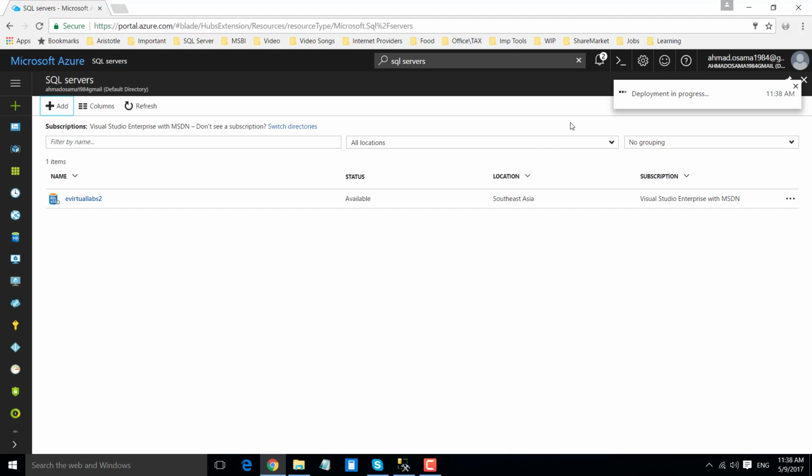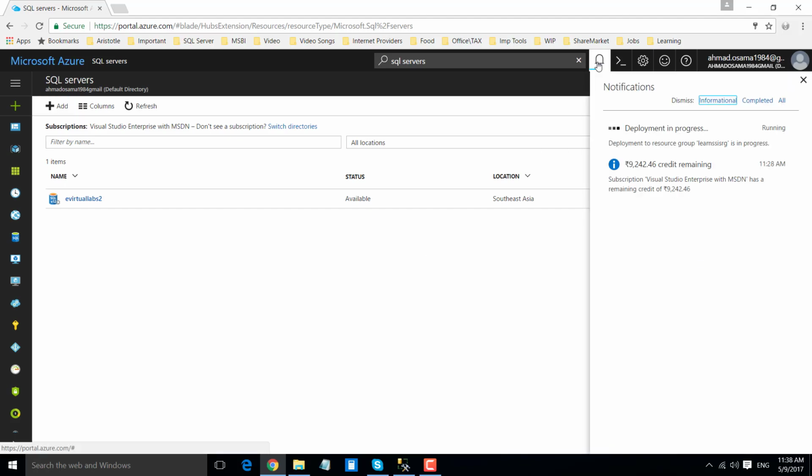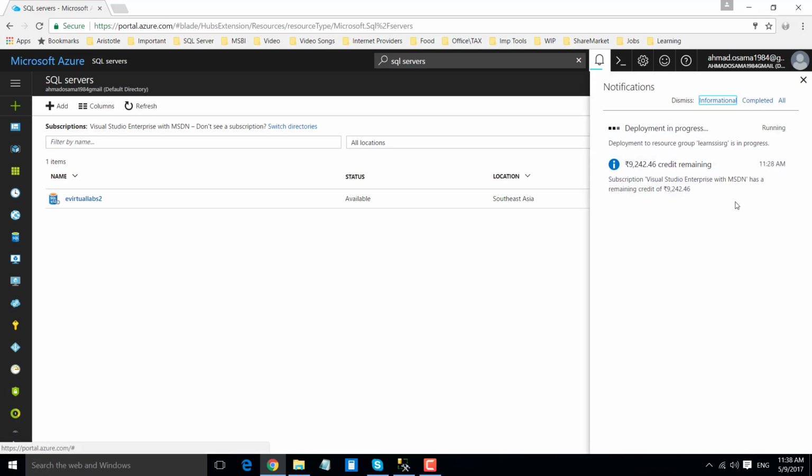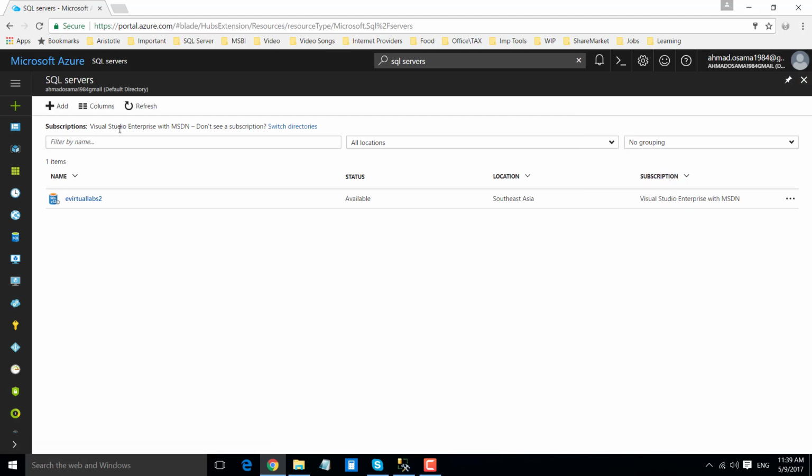Right now the server is being deployed to the Azure platform, so it will take a couple of minutes to deploy. Okay, the SQL server has been deployed. Now to check the new SQL server, just click on refresh. You can see that our new server learn SSIS is available in the West US location.